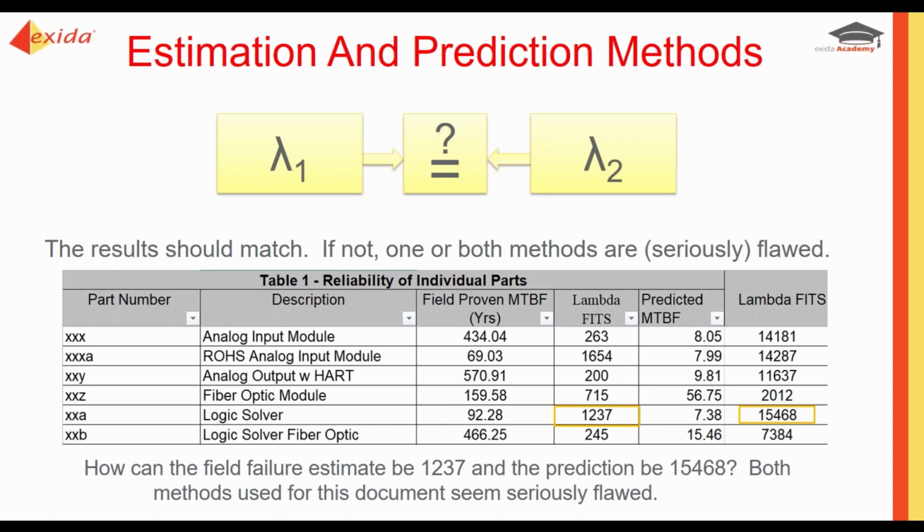Look at your field failure estimates. Did you get all of your returns? Are you not counting things as failure? Is this an apples to apples operation? Same thing with your predictive analysis. Was this done with the same type of application, or was this a high demand or a low demand when you shouldn't have been? Is this an apples to apples comparison? And then finally, look back at that component database. That's super important with the FMEDA if that's done, because in a perfect world, those would match each other.